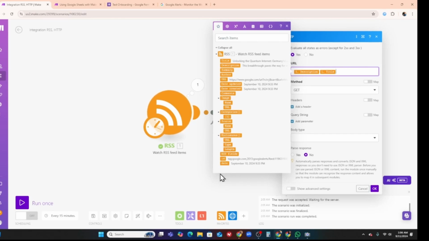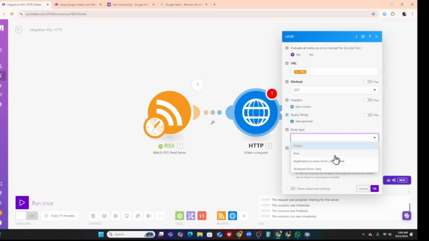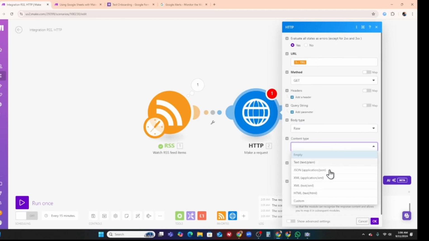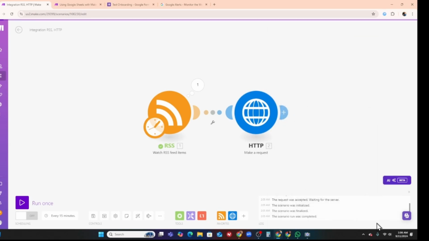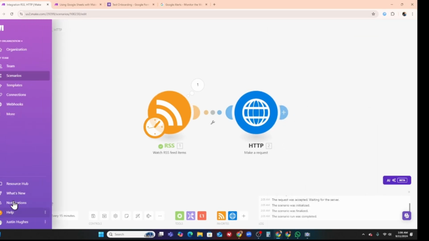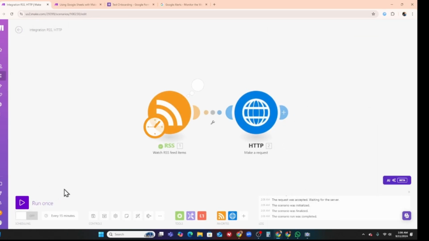There's no other contact information. So we're going to go ahead and put in that URL. And body type raw, content type HTML. We're going to say OK. And I'm just going to run this once to see what happens because we're most likely going to get